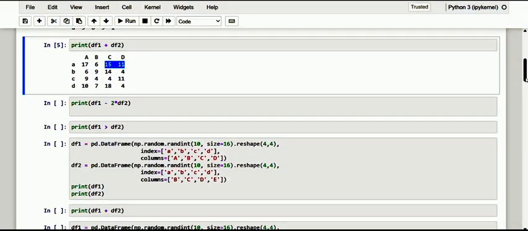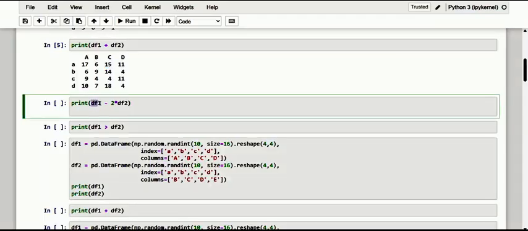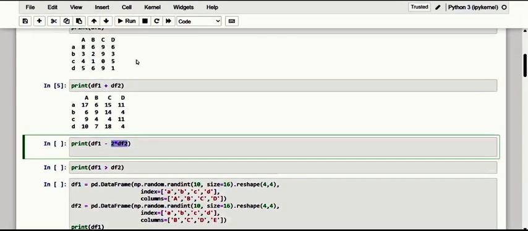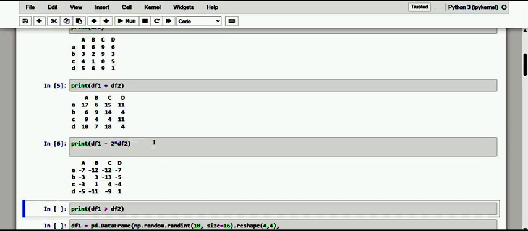And let me put them within some arithmetic expressions also. Here we want the subtraction of data frame 1 and twice the data frame 2. The exact value of data frame 2 has to be multiplied by 2, and then it has to be subtracted. That is a difference: find the difference between the resultant of data frame 2 and data frame 1. Of course, we get some values that are also negative.